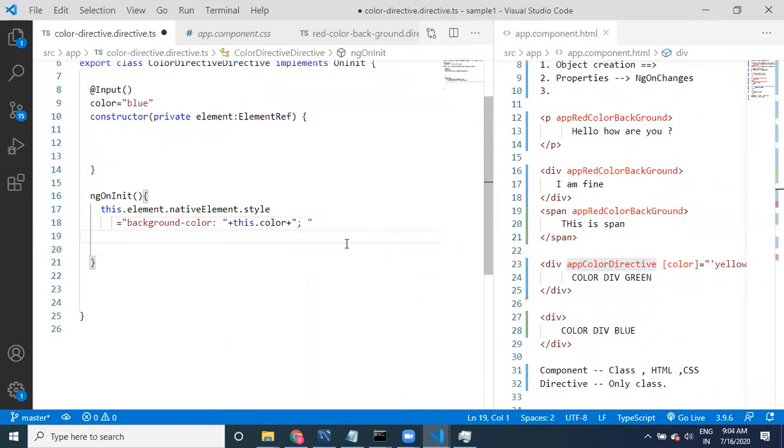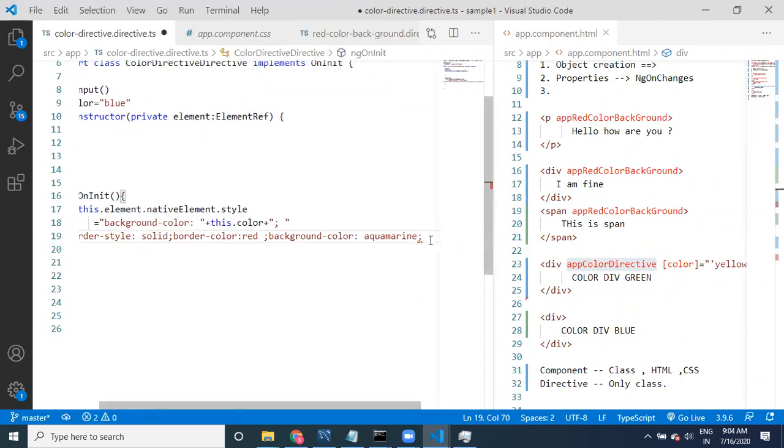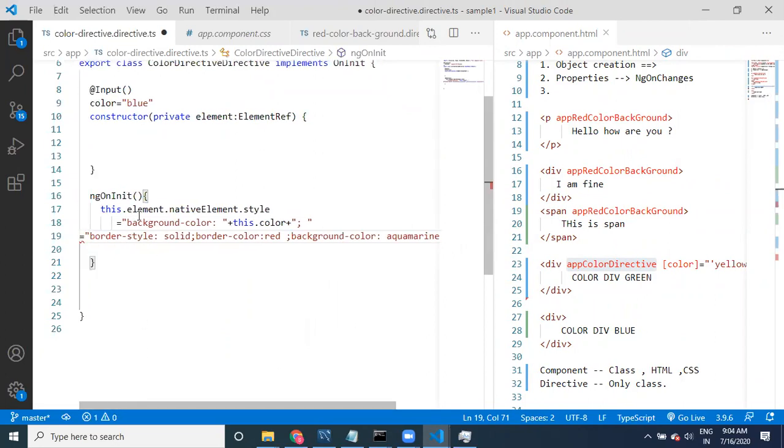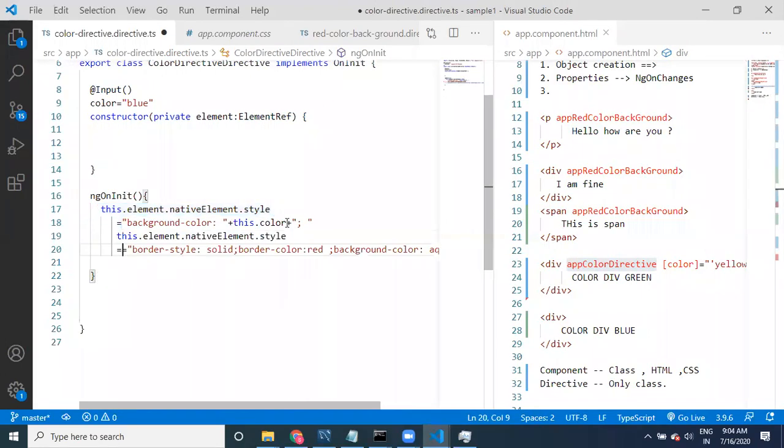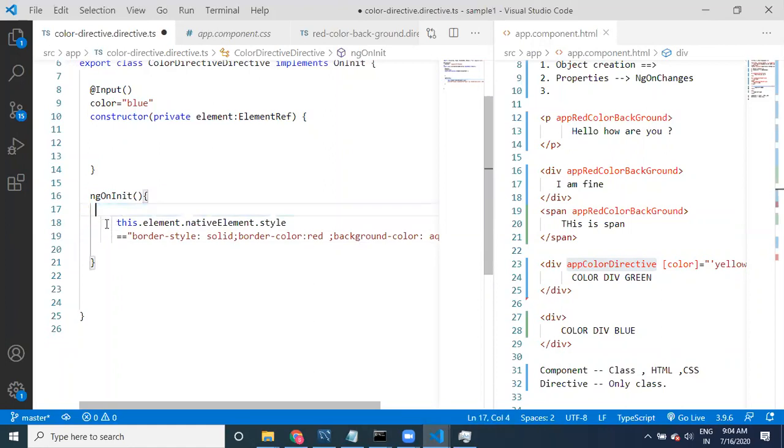Same thing, I need to write a string which contains this information. So what is the color? We have border solid, and border color is red.